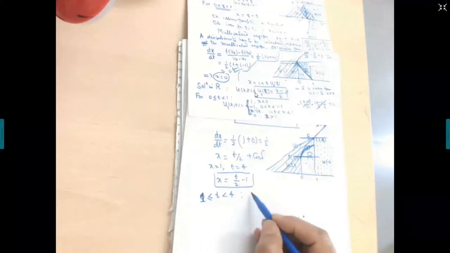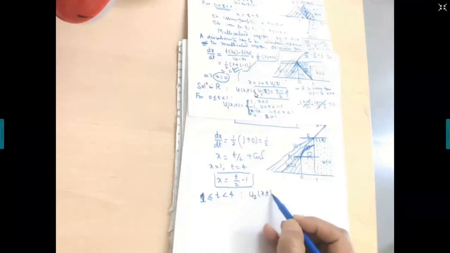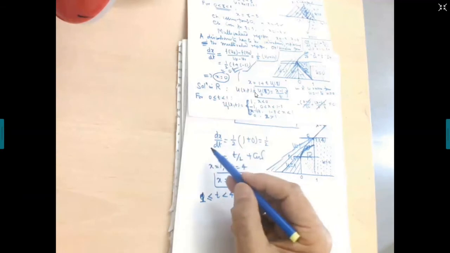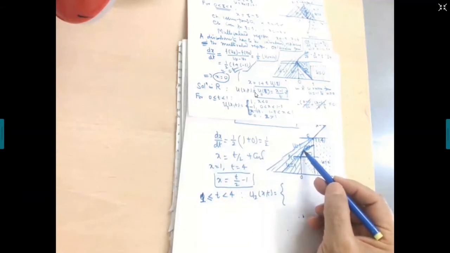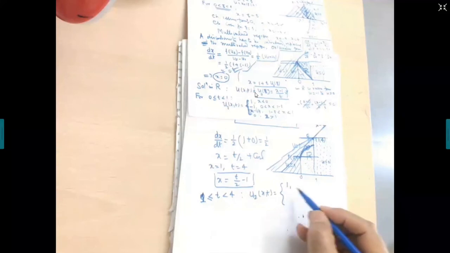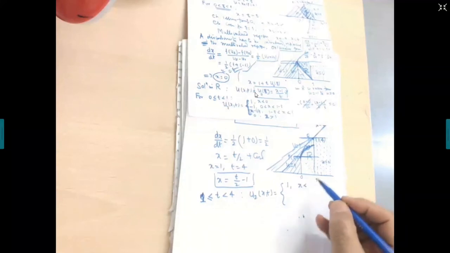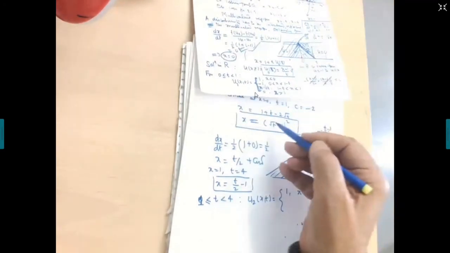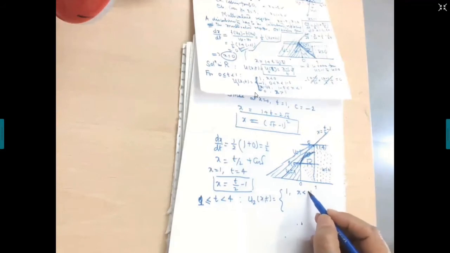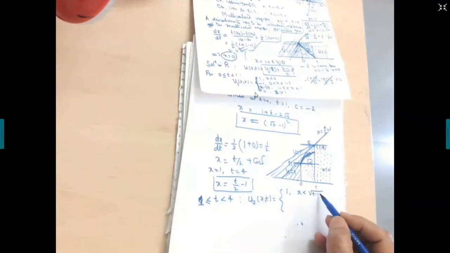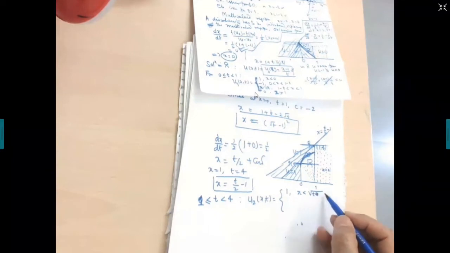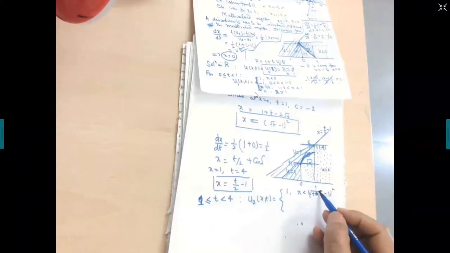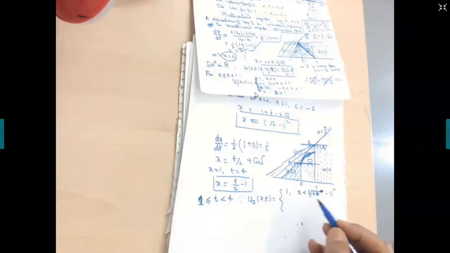So in this interval, what is the solution? Let me call it U2(x, t). Now you have to tell me, from minus infinity to the shock, what is the solution? U is equal to 1. Yes. Less than what? This is the shock boundary, and we have already determined it. This boundary is given by this expression. So x is less than (root t minus 1) whole square. This is the shock, right? x is equal to (root t minus 1) whole square.